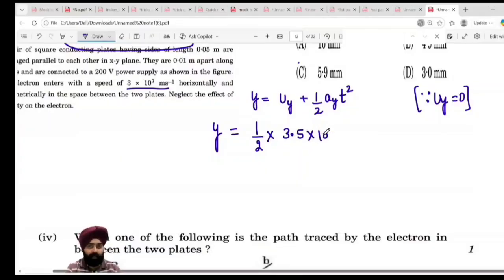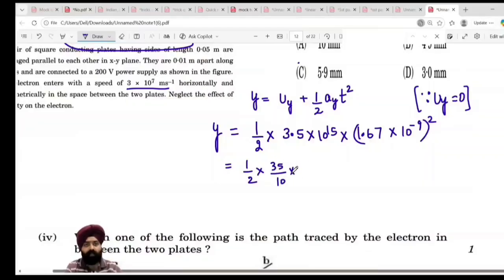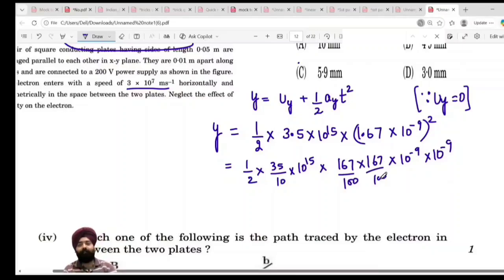And time you have calculated, है ना? कितना निकाला था? 1 पॉइंट, हाँ जी, 67 इंटू 10^-9 होल स्क्वायर। ठीक है, कैलकुलेशन ध्यान से करना। 1/2, 35/10। ठीक है बेटा, 10^15, 167 इंटू 167, 10^-9 इंटू 10^-9। ये पॉइंट बेटा 100 आ रहेगा दो बार नीचे, फिर दो बार 167 इज मल्टीप्लाइड, डेसिमल रिमूव्ड।